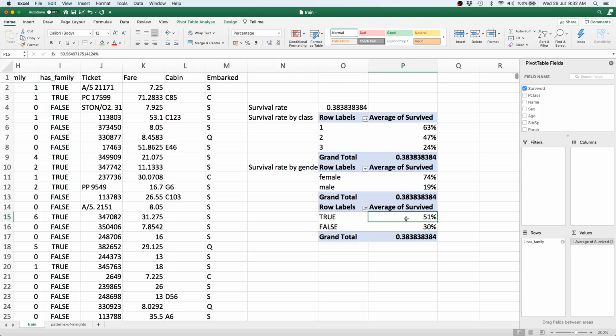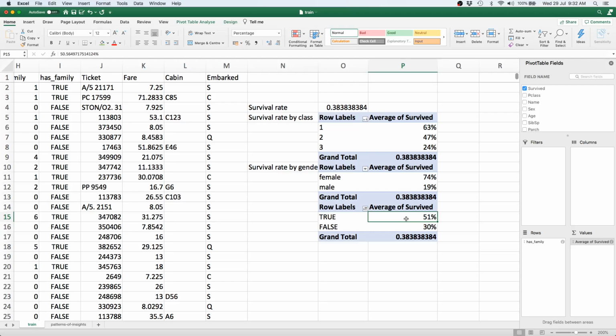Now, one of the reasons why this could happen is that you can imagine a typical family consisting of a father, a mother, and two or more children, or even one child. And since women and children were evacuated first, it's possible that even within a family, the rate of survival is at least 50%, because there would be a man and a woman. And if there are children, then the rate of survival would be more, if you consider a given family as the unit which we're considering for this particular probabilistic analysis. So that's why it makes sense that people who were traveling with families had a higher rate of survival.